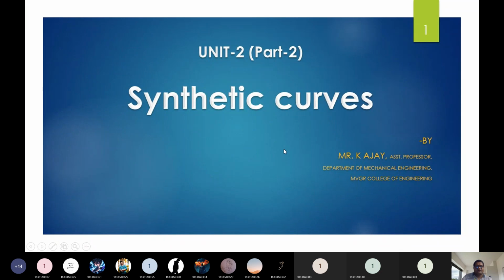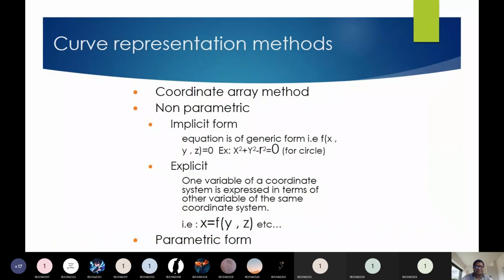The topic of the discussion is synthetic curves, which is the second part of the second unit, right? And of course, we already started this topic in the last class itself. I think last two classes we were talking about synthetic curves only. And all these topics are already discussed, different